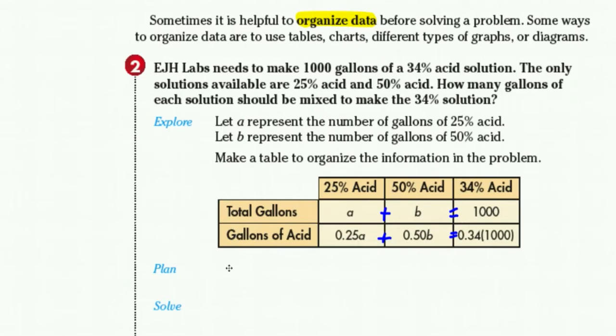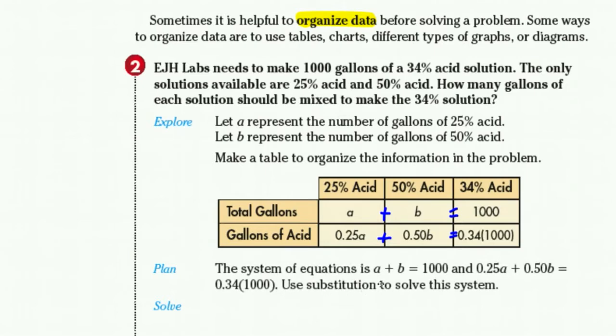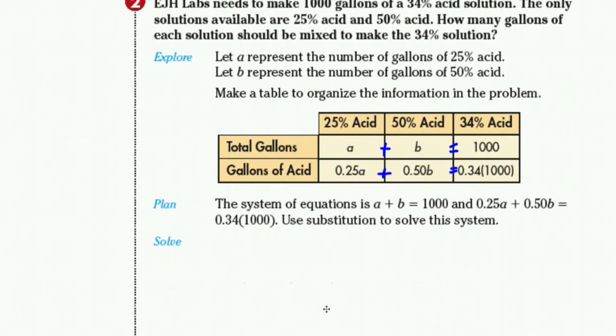So the system of equations would be A plus B equals 1,000 and 0.25A plus 0.5B equals 0.34 times 1,000. Now we will use substitution to solve the system. Why substitution? Because if you notice, the coefficient of A and B is 1. So if the coefficient is 1, all we need to do is subtract